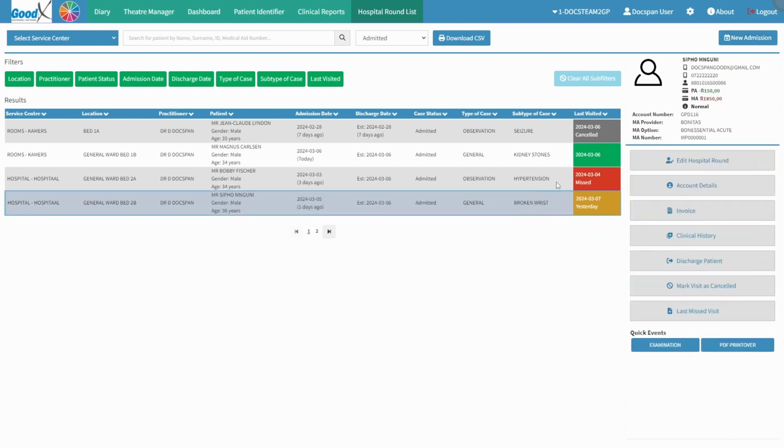Click on a case, which will open the hospital round list sidebar. The hospital round sidebar is an extended screen on the right side where more functions can be accessed and information is shown about the patient that was booked. To learn more about this sidebar, please refer to the hospital round list sidebar navigation and use user manual, linked